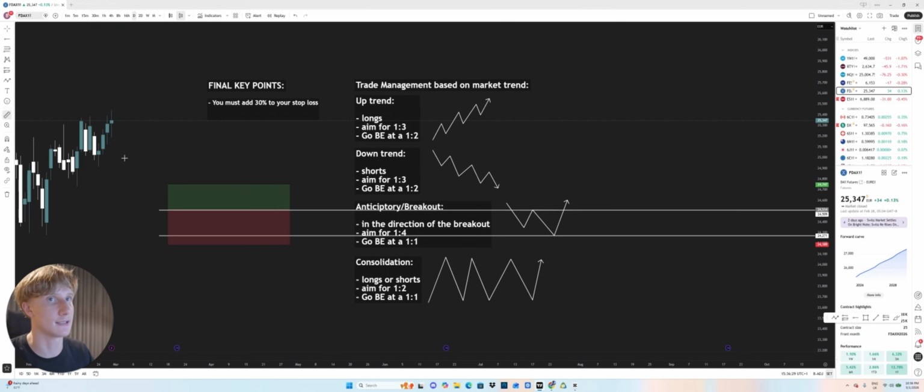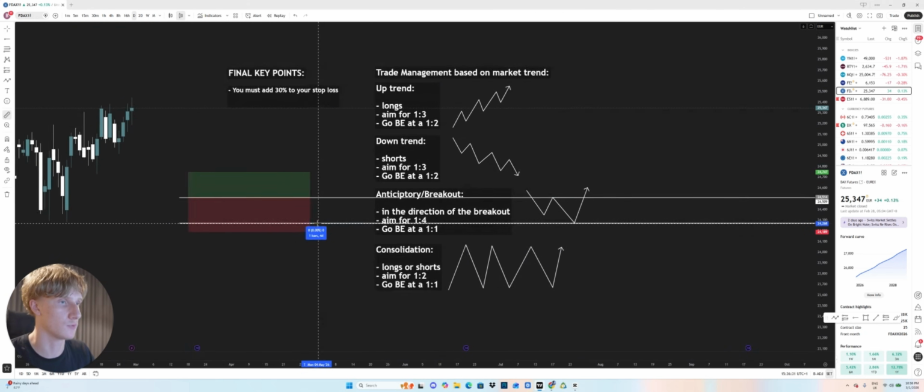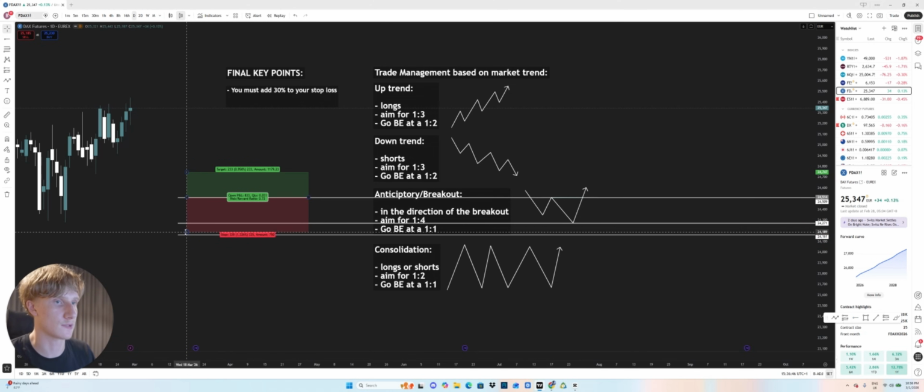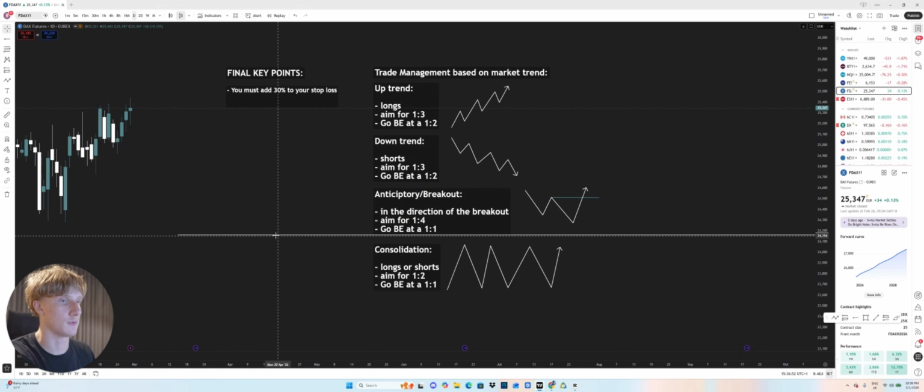And the way that you can measure that is the exact same method that I showed you with the freshness tool. Measure how much this is, figure out what is 30% of that, and then you can just go ahead and mark out 30% like this. The only difference is it will say minus. And then you know that, okay, cool, that's 30%. I want to go ahead and put my stop loss just like that. Very, very important stuff.